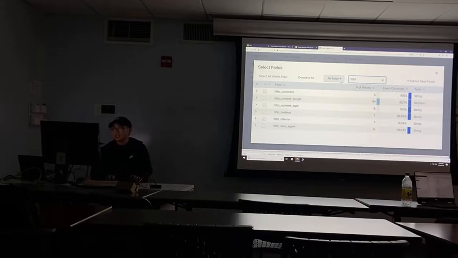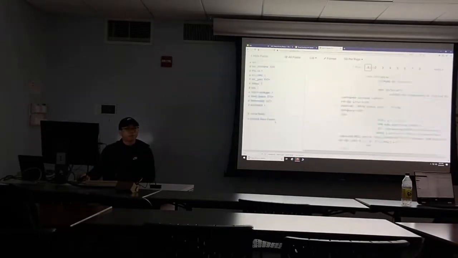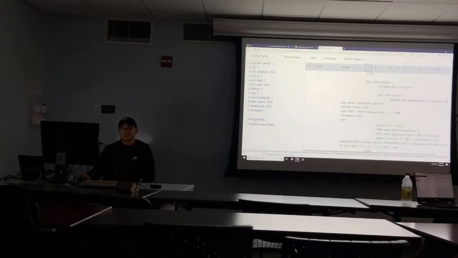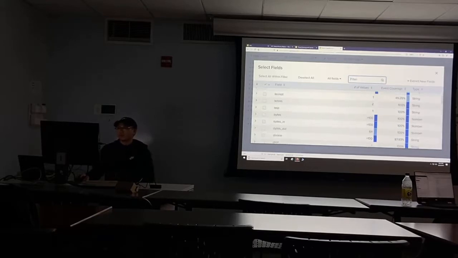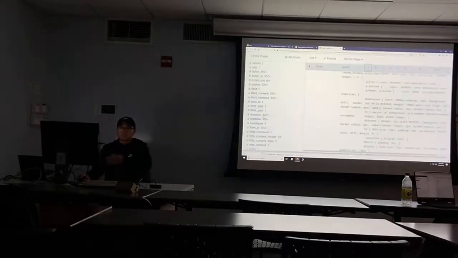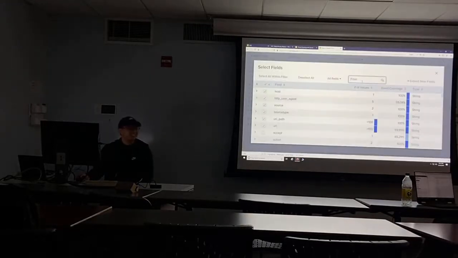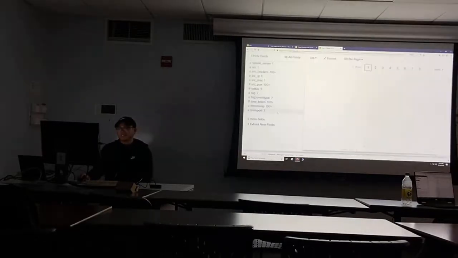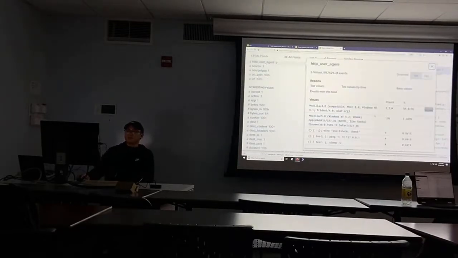So we're gonna look up HTTP user agent, which is right here. Wait, where do you get this select fields thing? If you hit 6 more fields, and then, oh, okay. You can do that when you have more than a certain number of fields, you just click it and search it. Pretty intuitive.